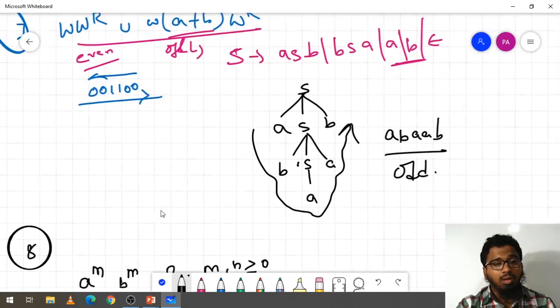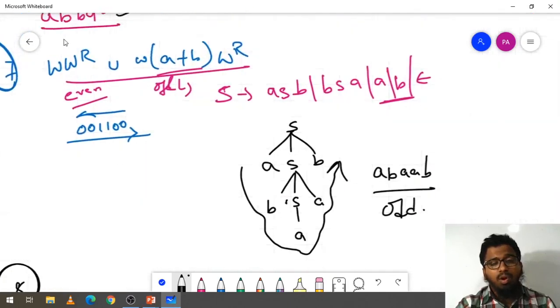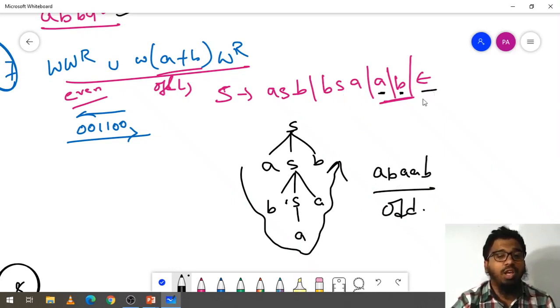Next, here even number of palindrome, when we have WW, so we know even is nothing but like A as B and B as A is for even. If you want to do the odd, so you must take any one of these A or B. When you take A or B, any one of this in place of this S, at that time we will get the value odd. If you want even, at the time we need to take the epsilon, so the answer will be even.